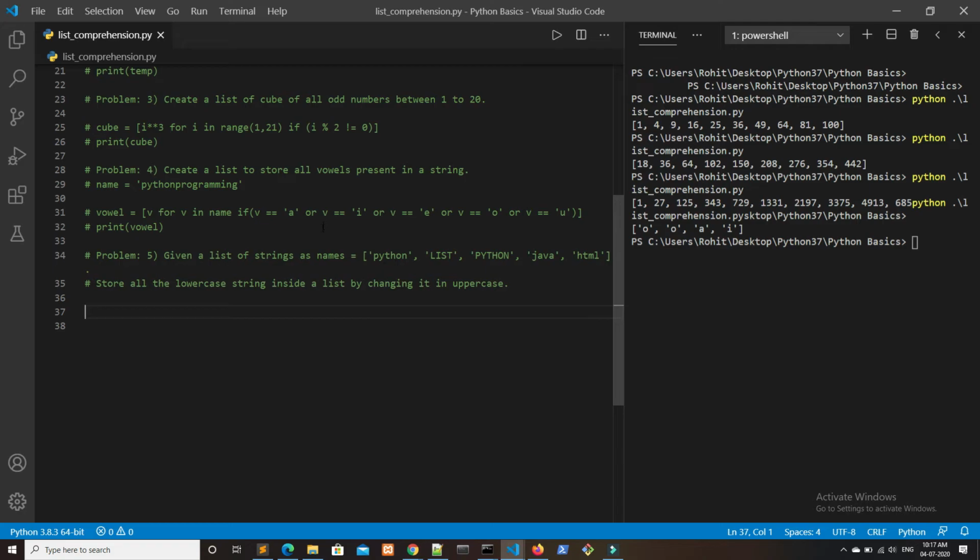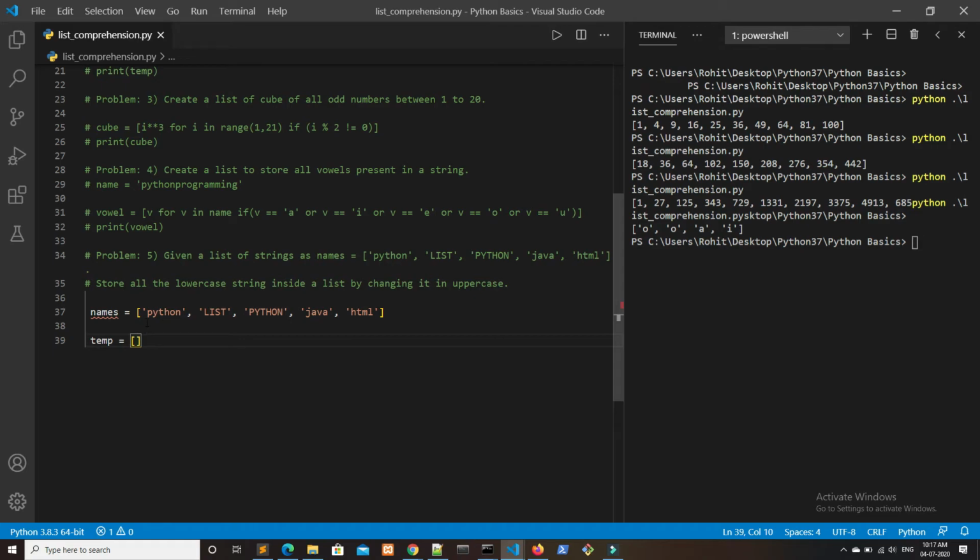So first I will be copying these given names, and I will be pasting them here. Now these names are given to us. Now we have to define another variable as temp, and we have to extract the lowercase strings.